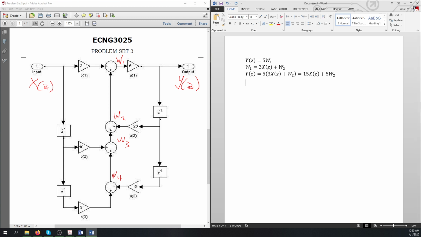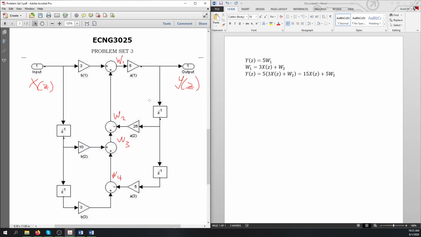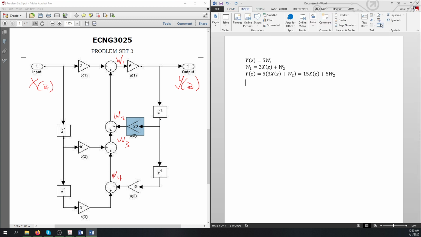Now, we can also continue this accordingly, because now we can actually figure out what W of 2 is going to be. And W of 2 here, we need to incorporate this Y of Z here that is going downwards, multiply by Z to the negative 1, and then multiply by this 26 here accordingly as well. So, in writing our equation for W of 2,